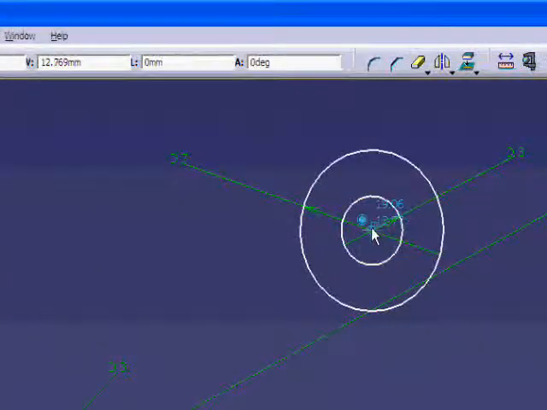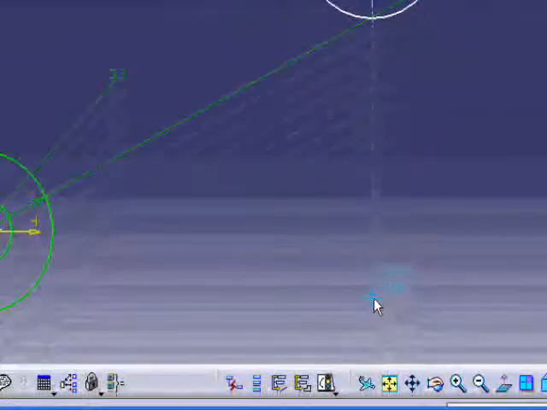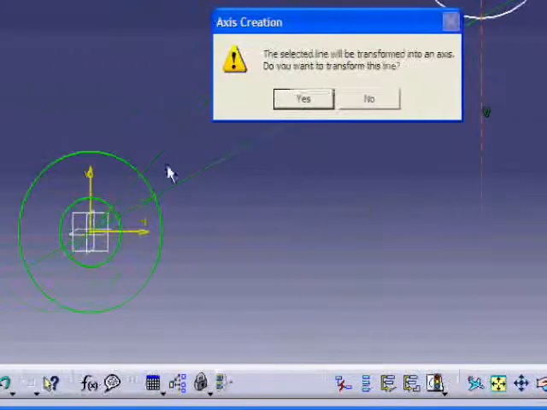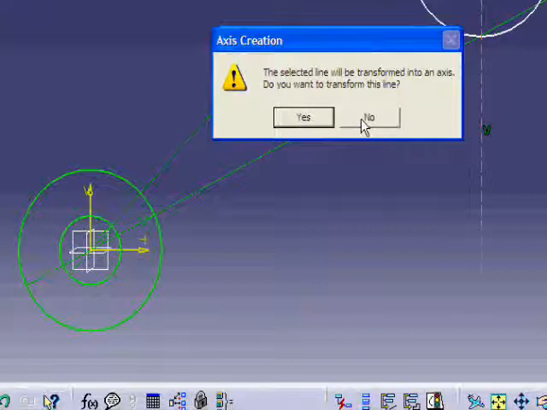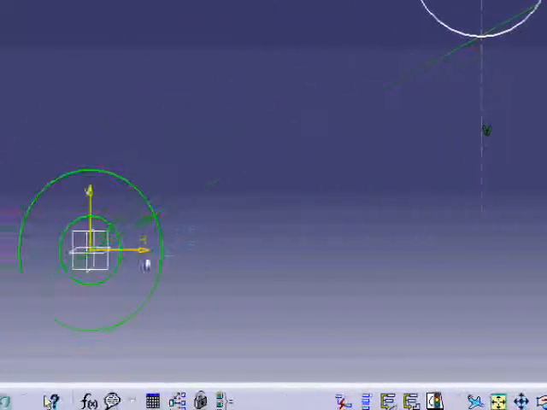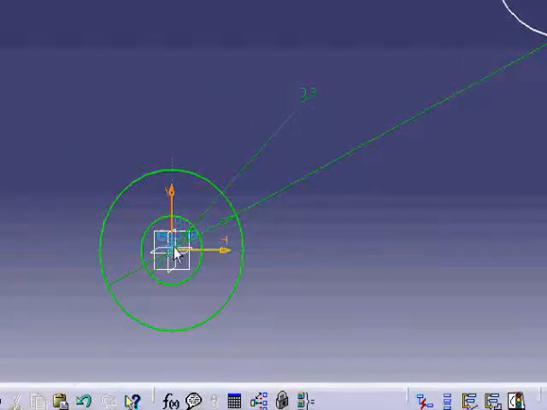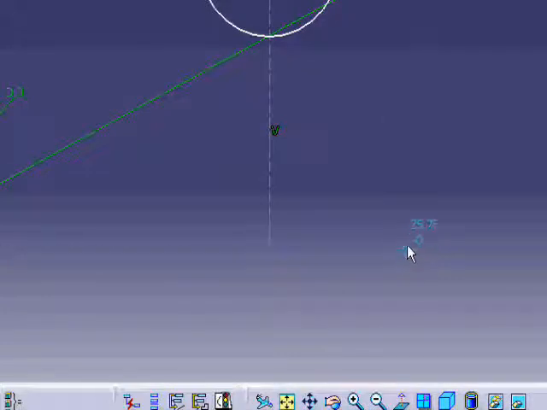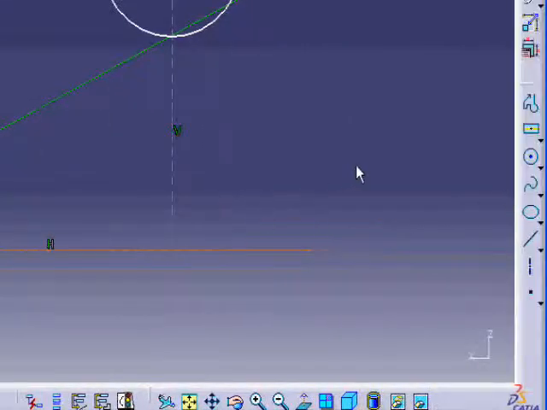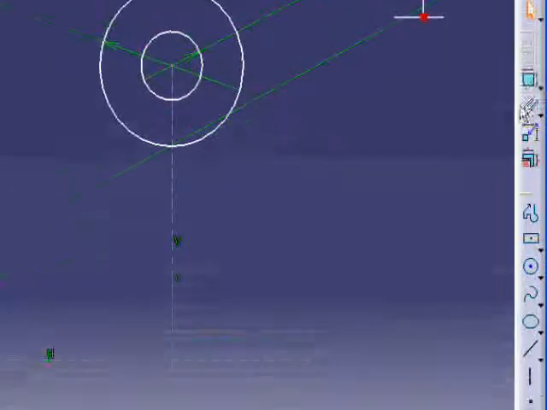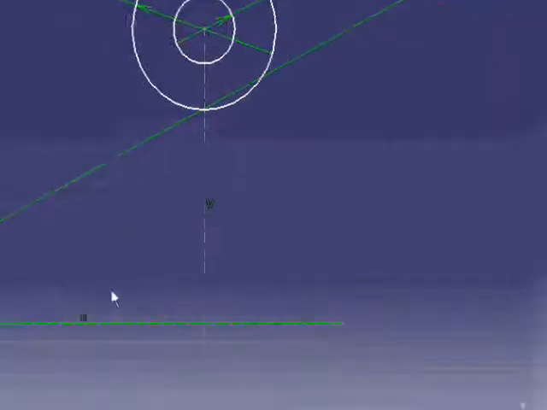I'm going to make construction lines. One here, and I will also construct another line here. These are auxiliary lines that do not really take place in our model. They are just auxiliary. I will tell you now their use. I'm going to make a dimension constraint between this line and